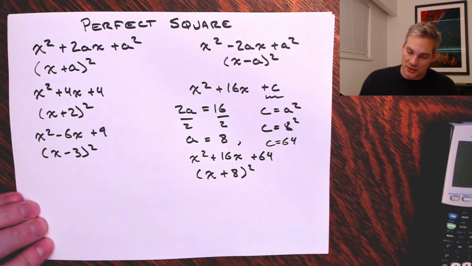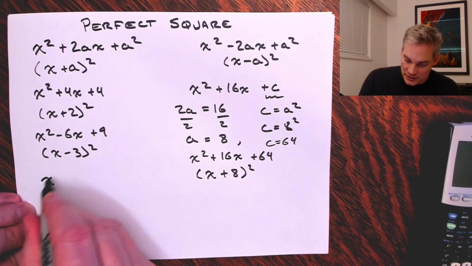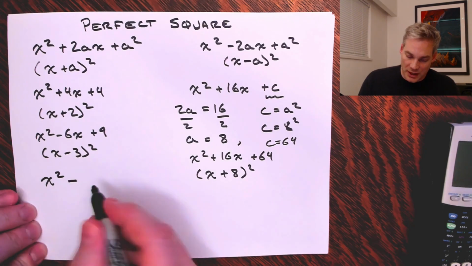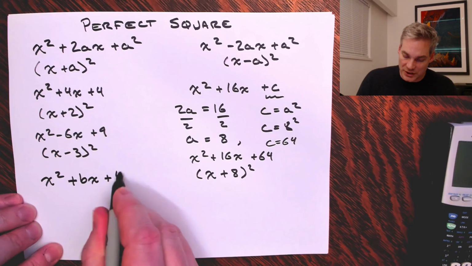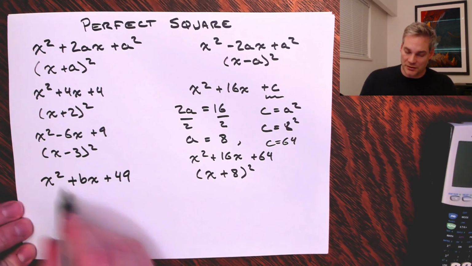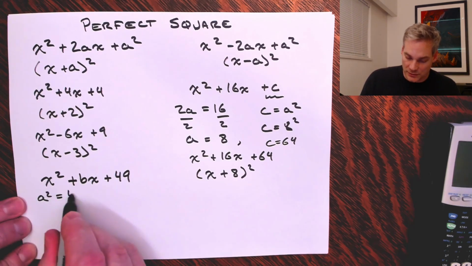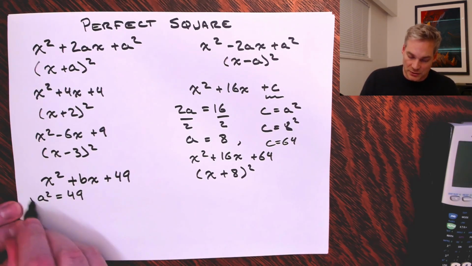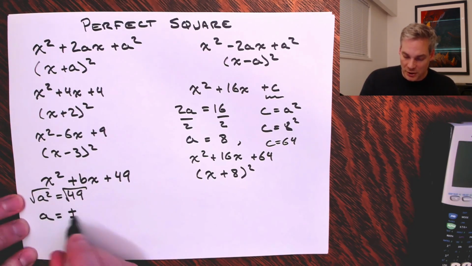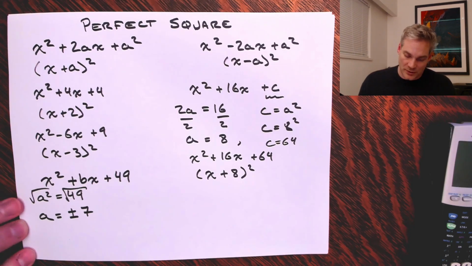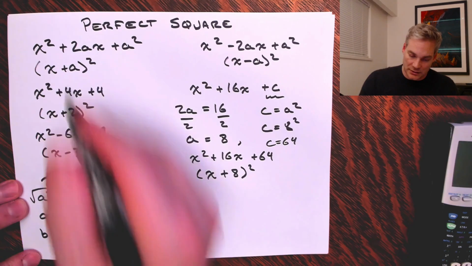Okay, so another possible problem would be, what if we had x squared plus bx plus 49. Okay, now we want to find what value for b. So we know that a squared equals 49. So we take the square root of both sides. We have a equals positive or negative 7. Okay, so now we know that b equals 2a,